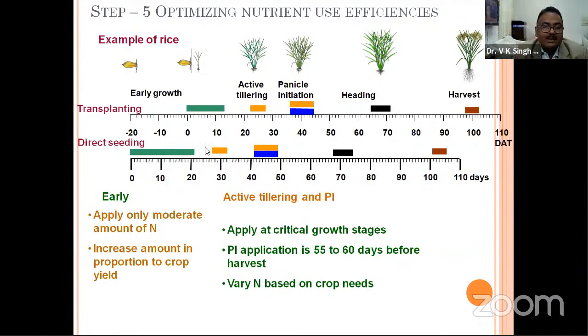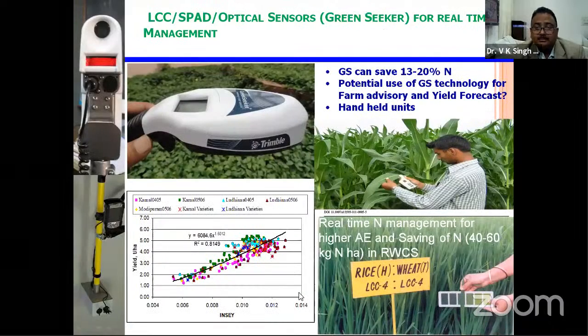Similarly, in direct seeded rice, which is being popularized, though not very popular in western part of UP, up to 20 days there is no need of nutrient. Our own research says that up to 20 days there is no need of application of nutrient, particularly nitrogen. You may apply phosphorus, 50% potassium as I told, but you should not apply any grain of urea. And later at 30 days, 40 to 50 days, and around 65 days, once you apply, it gives better productivity.